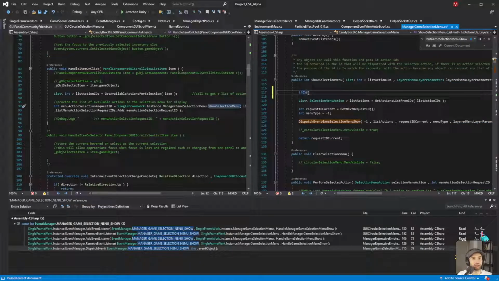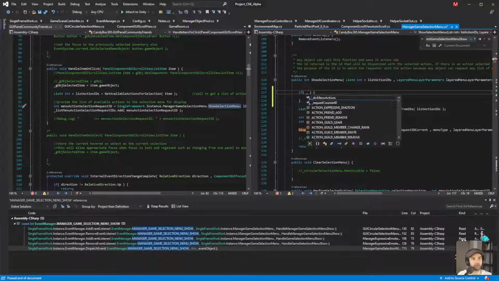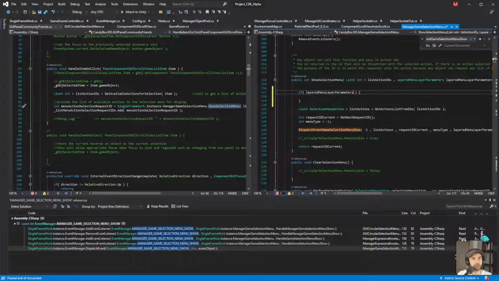So we'll say if parameters does not equal null, debug.log. I want to see the ID, or sorry, the layer ID that I'm passing in as the starting point.